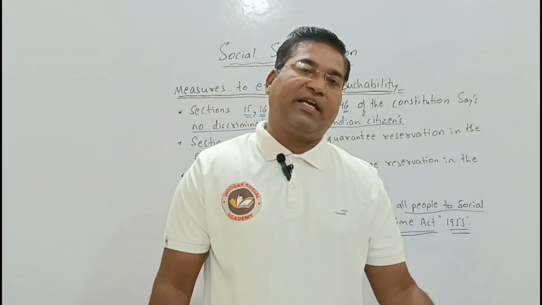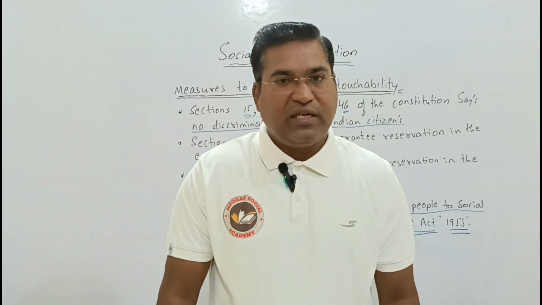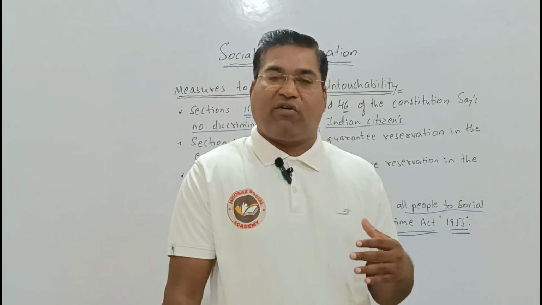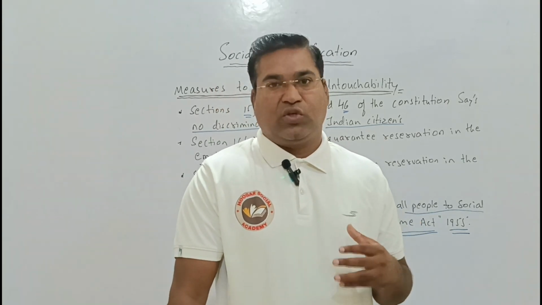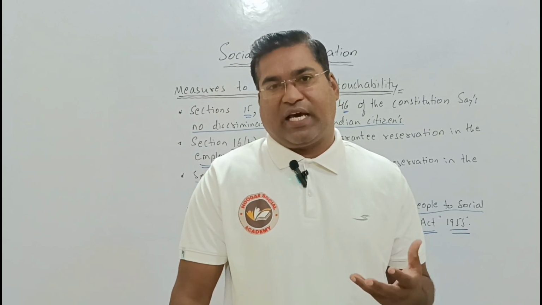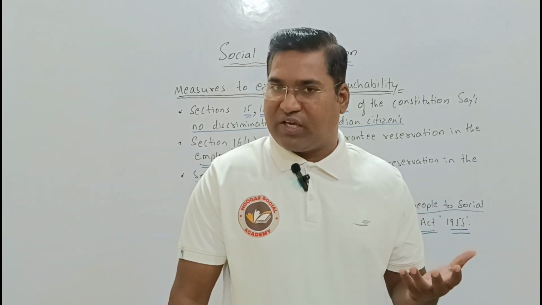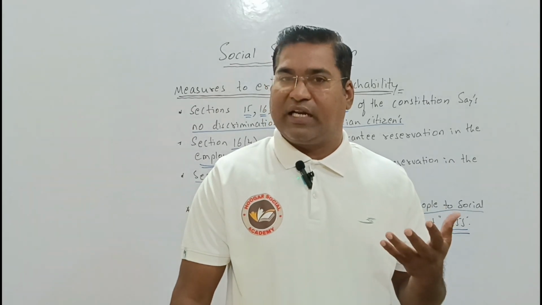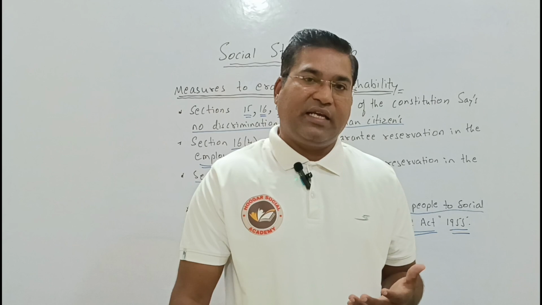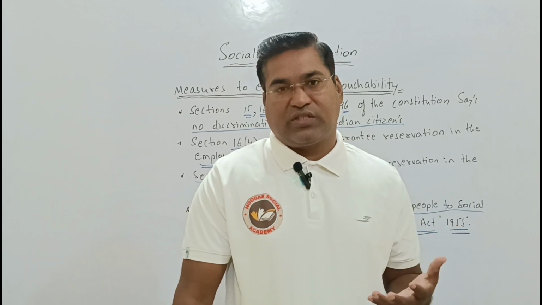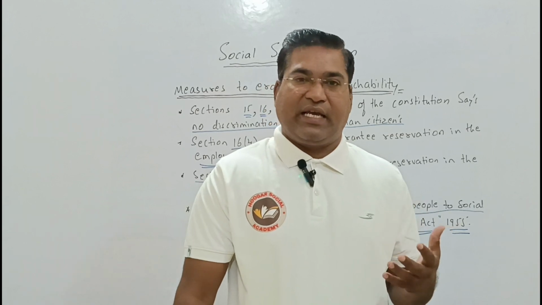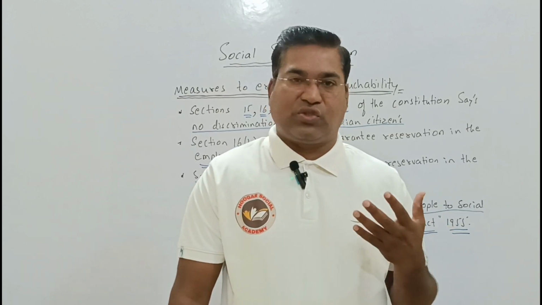So this is all regarding the chapter called social stratification, which carries a weightage of 2 marks. A few things are very important. One, the question arises related to what stratification means. What did the great poet Pampa say? What did Gandhiji say about untouchability? And a very important question: what are the measures adopted to eradicate untouchability from society?